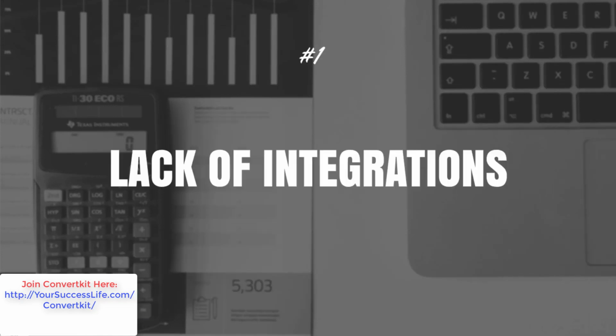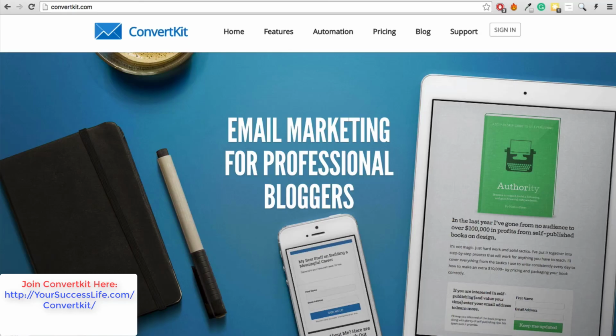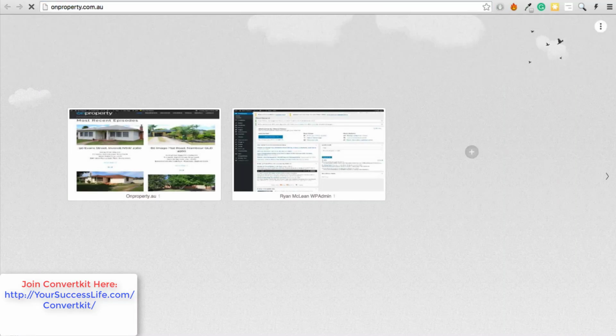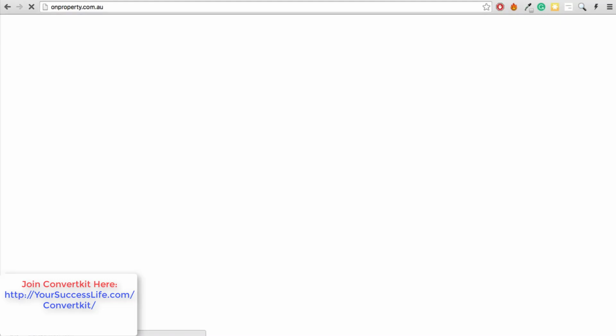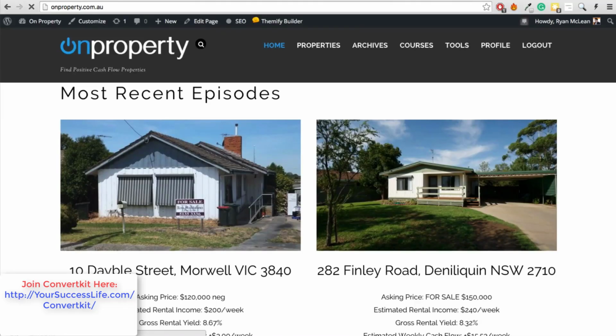The first problem with ConvertKit is the lack of integrations. Because it's a fairly new player in the market, ConvertKit isn't as fully integrated as something like Aweber or MailChimp or Infusionsoft or Ontraport might be. For example, with my website, I have a members area that is created with Wishlist Member, which is a WordPress plugin. Wishlist Member integrates with Aweber as well as a couple of other email service providers, but it doesn't integrate with